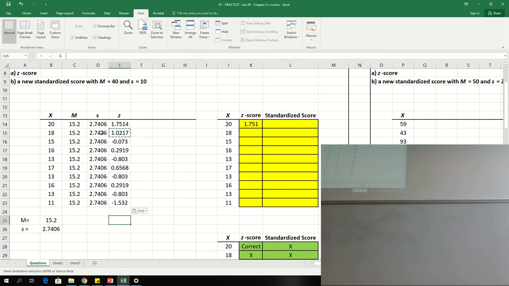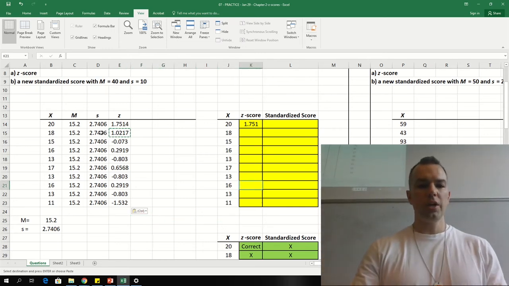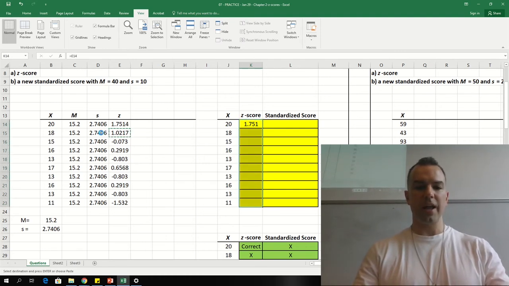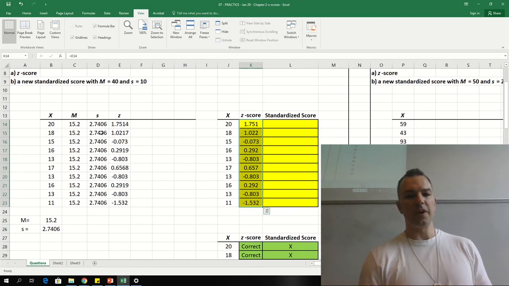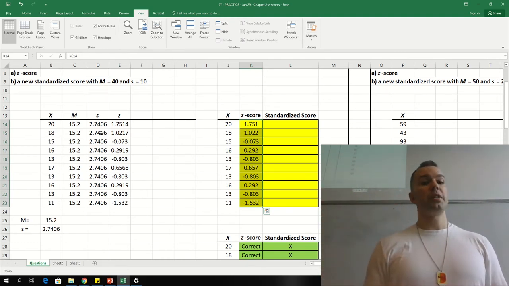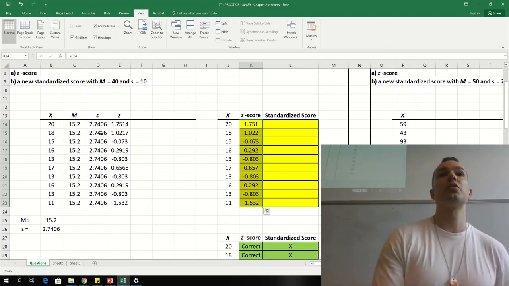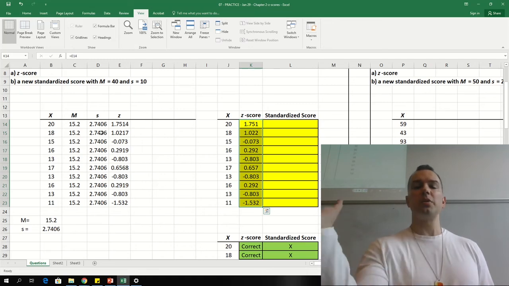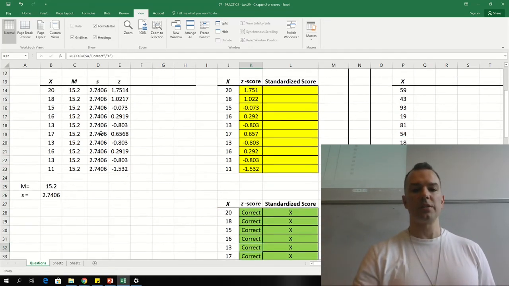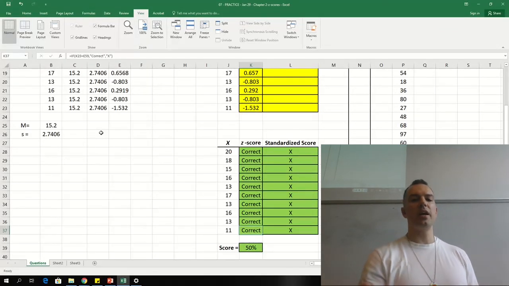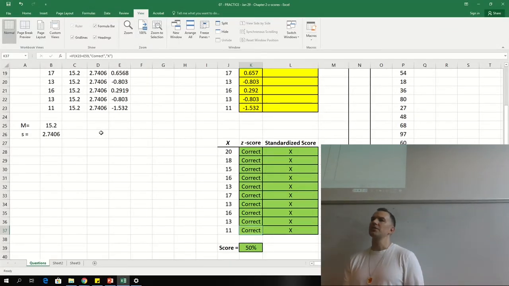All right, so we could, in this case, fill our answer cells here with that equal function and transfer all our z-scores. So make sure that you're using the equal function because these z-scores are going to have a ton of decimals. And we want to make sure we're as exact as possible and we're carrying all those decimals with us. And in this situation, we can check down here and see in the green answer cells that we've gotten all